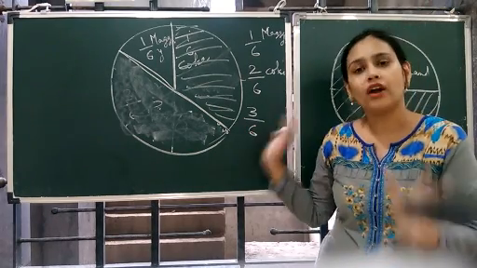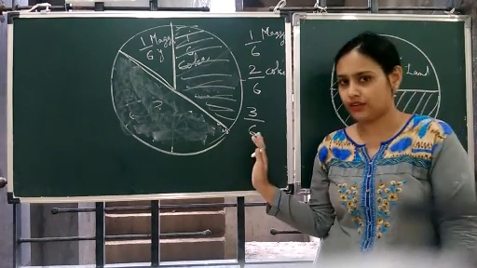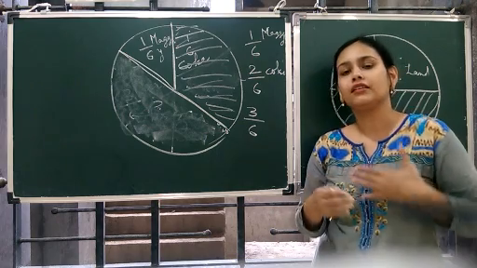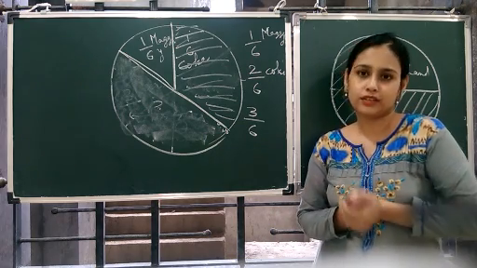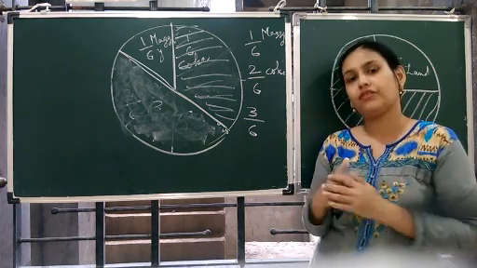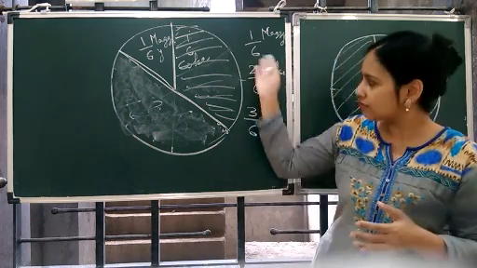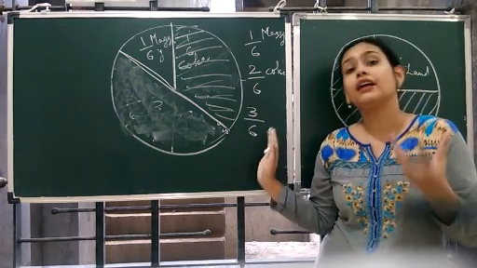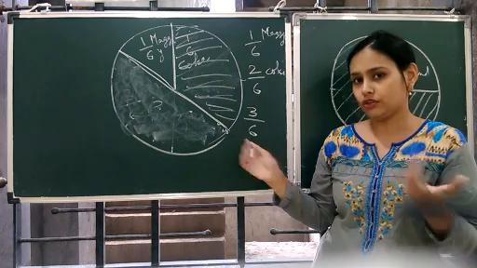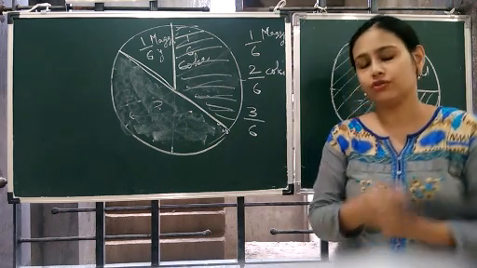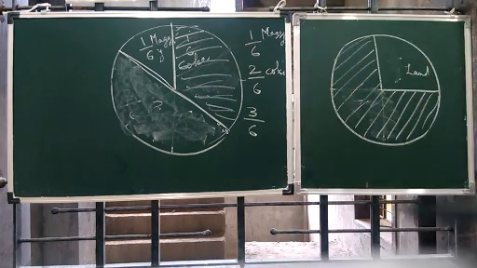There are some more facts about circle graphs. Today we studied what a circle graph actually is. Now, what are the different aspects of a circle graph? How to solve a circle graph? How to make a graph? This was a very easy example, but other examples are also there, so we will continue tomorrow. Okay. Please do complete your work till here.